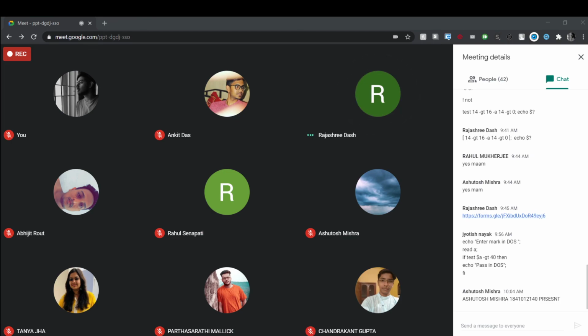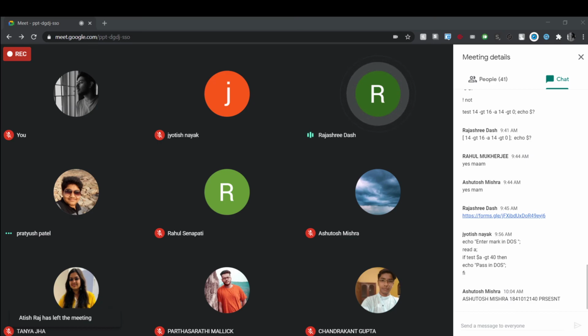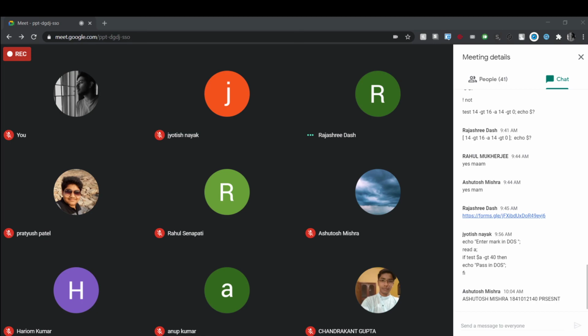Jyotish Naik, present, ma'am. Anup Kumar Mukherjee, present, ma'am. Hariom Kumar, yes, ma'am. Vikram Patnaik, present, ma'am.